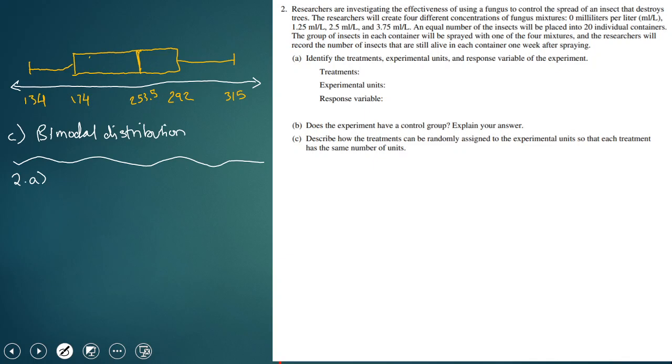Okay, so here's where we get into experimental setup. This is another topic that's very commonly talked about within AP Statistics questions. And so it's fairly frequent. So you should definitely revise the terminology of what it means, otherwise you're not going to know necessarily what exactly the question is looking for, especially in a situation like this where they use very precise terminology. Okay, so the treatment in this case are going to be the sprays,